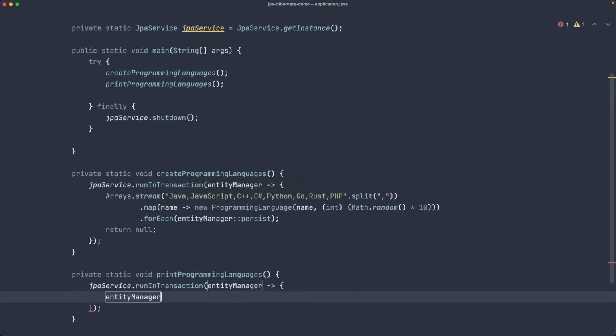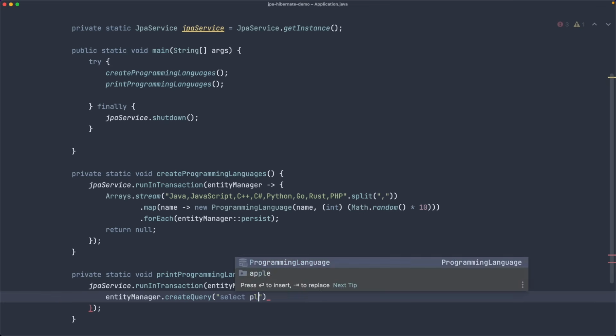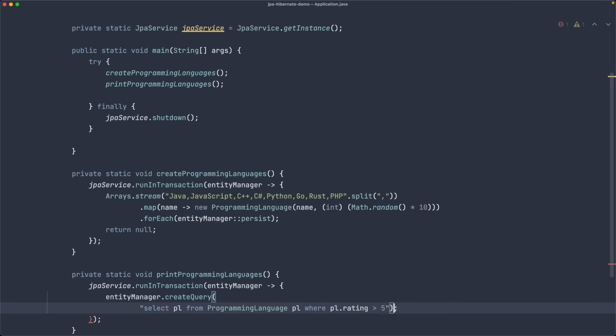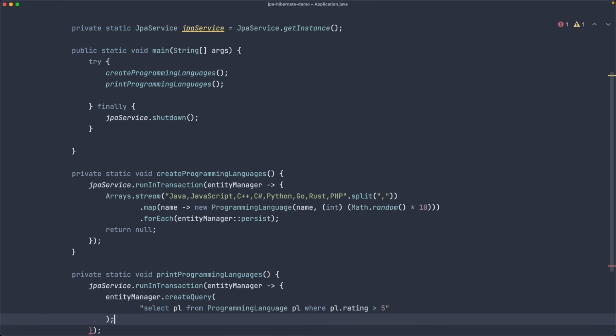Now we use the entity manager to create a query, and we use this special syntax. In JPA it's not SQL, so we can say select something like the programming language, maybe like this, from ProgrammingLanguage, the name of the class, not the table, where, for example, the rating. I didn't put the alias here. Rating is greater than 5, and so we can. Let me format this for you a little bit better. And just so that you see it, this creates a query,